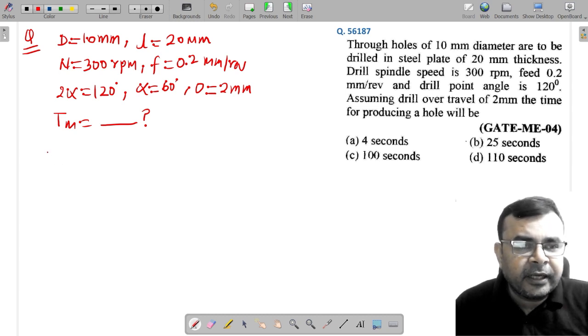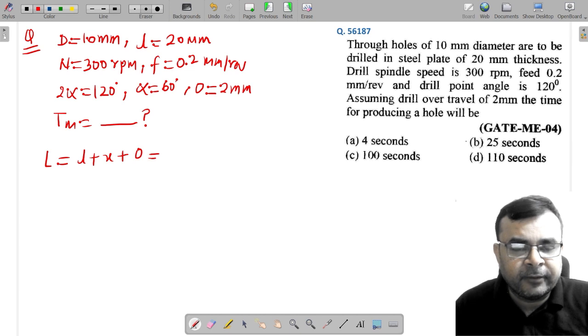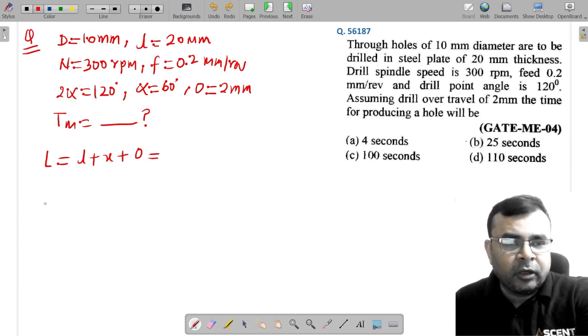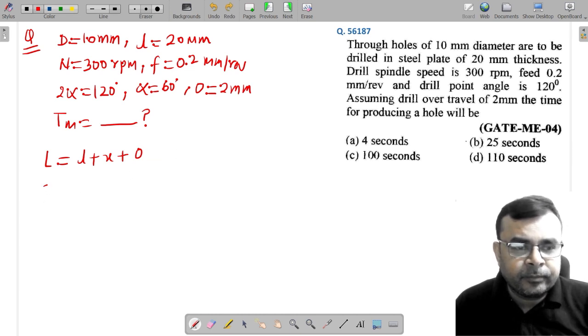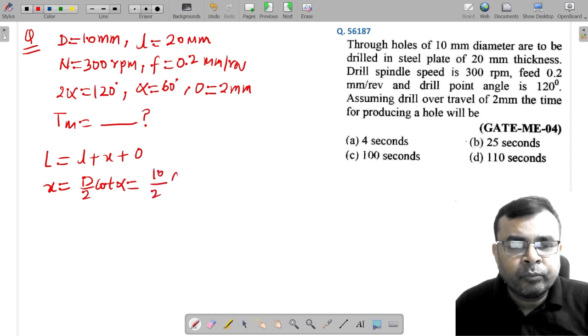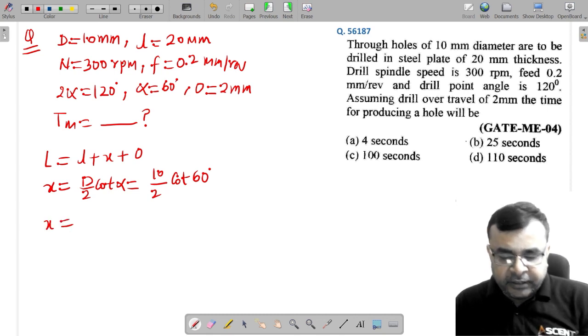So as you know that L can be written as small l plus x plus over travel, and approach is obviously not given here. Yes or no? So now, what about x? X is nothing but d by 2 cot alpha. So here we have d is 10 by 2 cot 60 degree. If you simplify this, then here we get